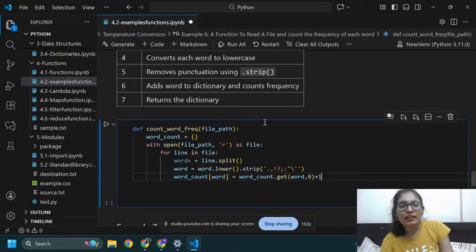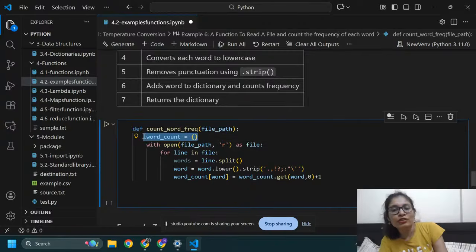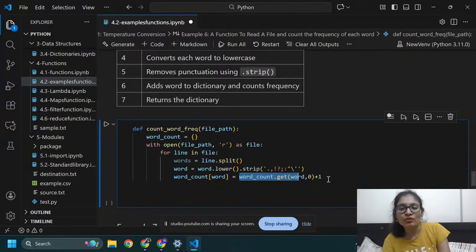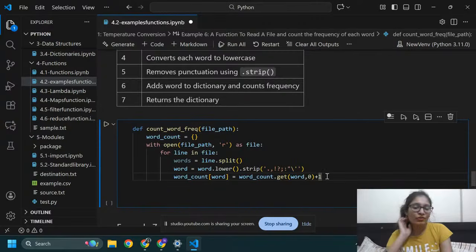Okay, so here we add the word to the dictionary and count its frequency. I am going to add these words into this dictionary word_count, and by using this get(word, 0) + 1, I'm going to count its frequency.